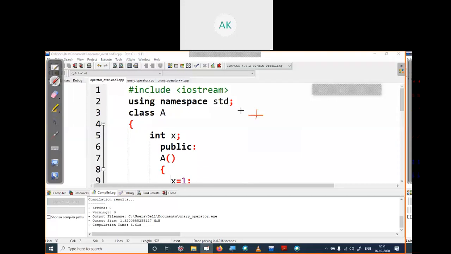The plus operator will add two operands, A and B, and we will store the result in C. It's operating on two operands, that's why we are calling it a binary operator.